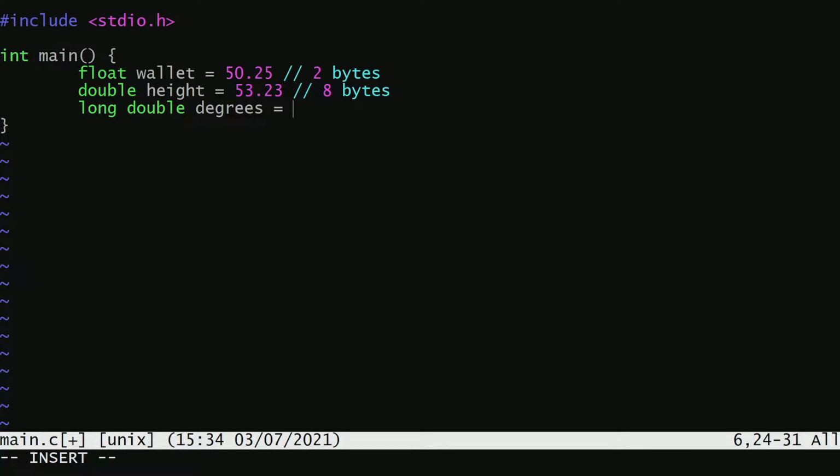And this can store 10 bytes. And again, just to remind yourself, the more bytes we have, the larger the range of numbers. So by range, we mean from negative x to positive x. So hypothetically, this might be negative